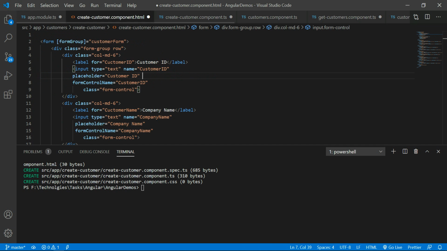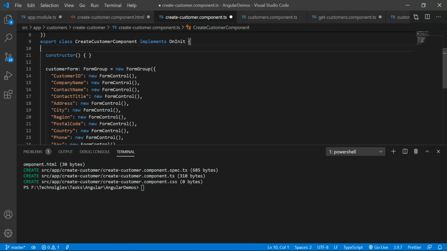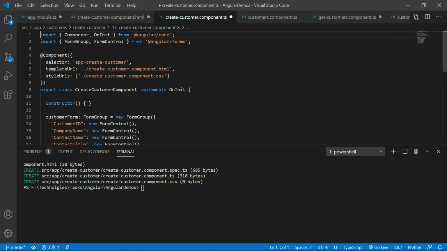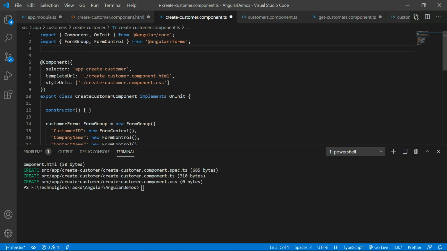Okay, for that the first step is to come to the ts file. You have to implement that modal pop-up in this create customer component.ts file. So come to the create-customer.component.ts file. You need to add these three classes: NgbModal, NgbModalRef, and NgbActiveModal. These three references are from ng bootstrap.